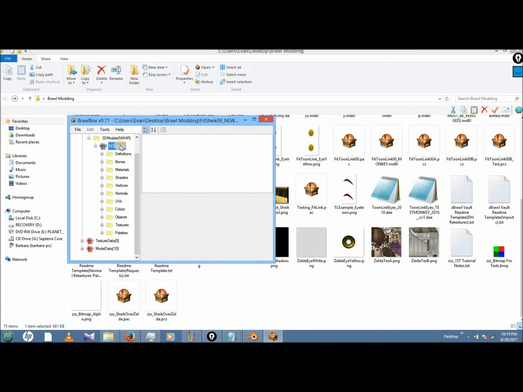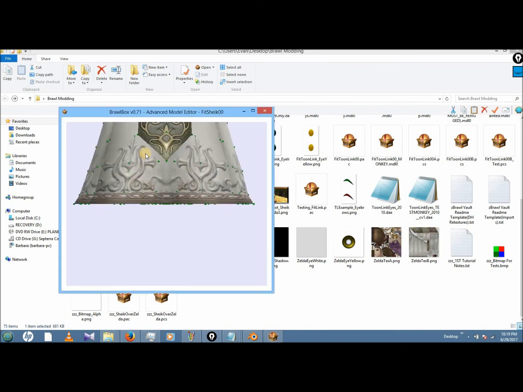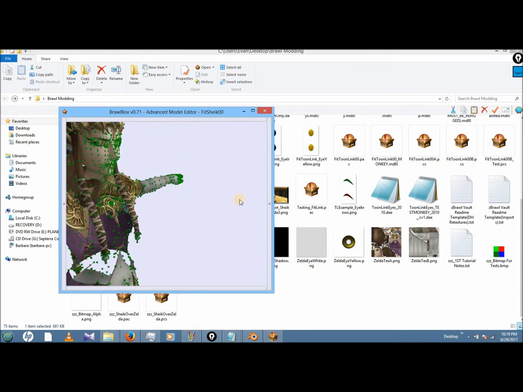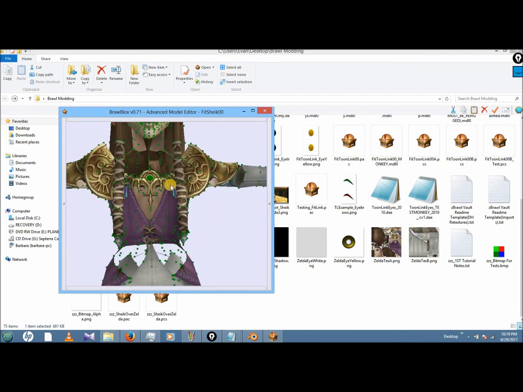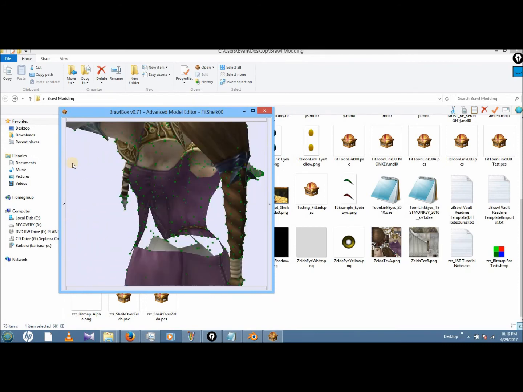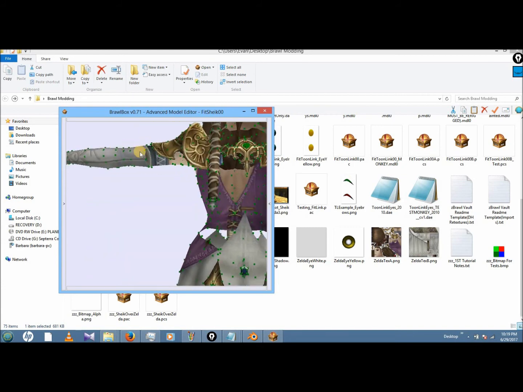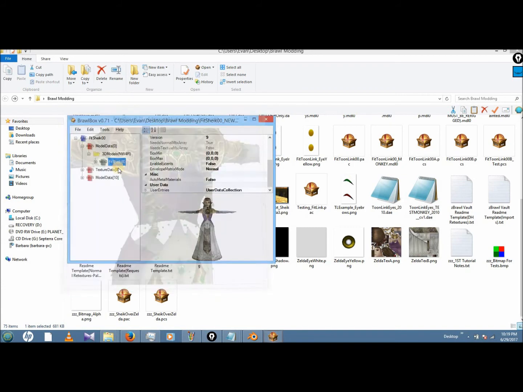Okay. Hey, what's this? Apparently that one's inside out. And if it does appear inside out like that, that's easy enough.